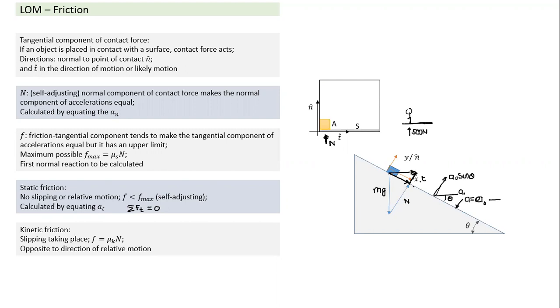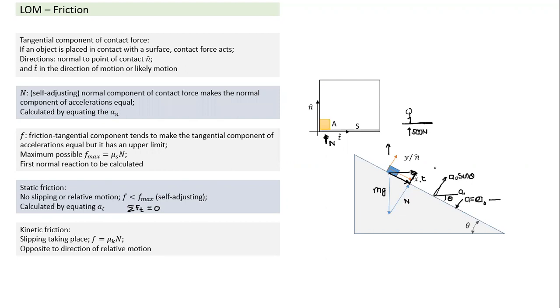This was, sorry, mg cos theta. This was mg cos theta. So as the block has a positive normal component of acceleration, this normal reaction has to keep on increasing, which can happen if we give vertical acceleration also. The moment you give vertical acceleration, it means the surface has a positive normal component. It means the normal reaction also has to give positive acceleration to the block. So this has to increase.